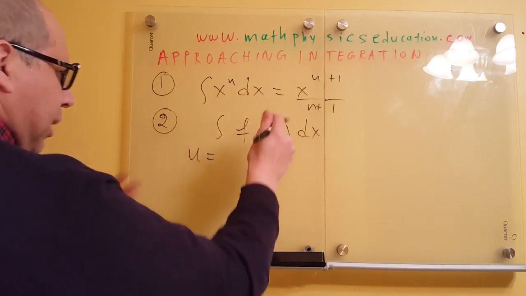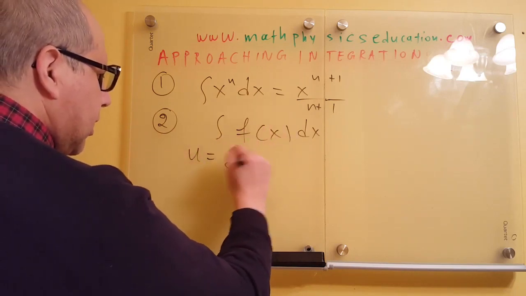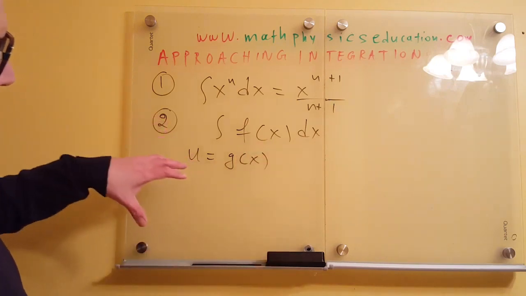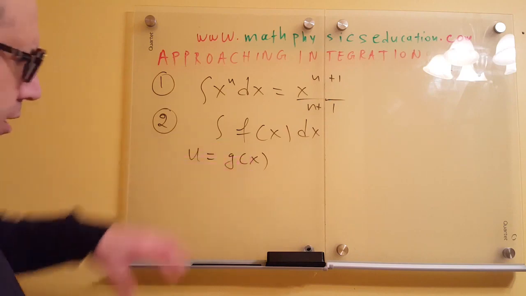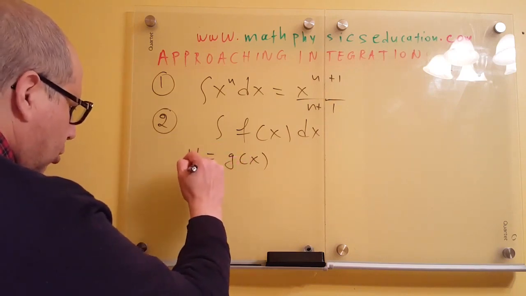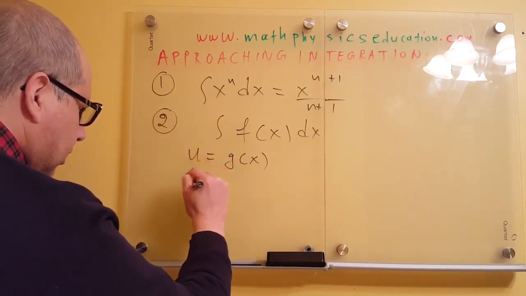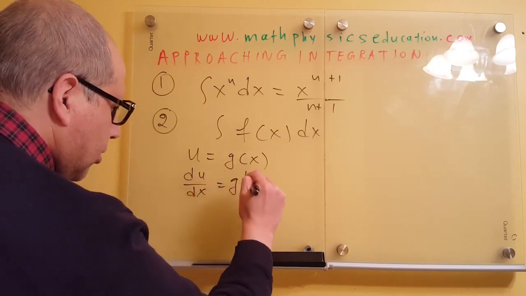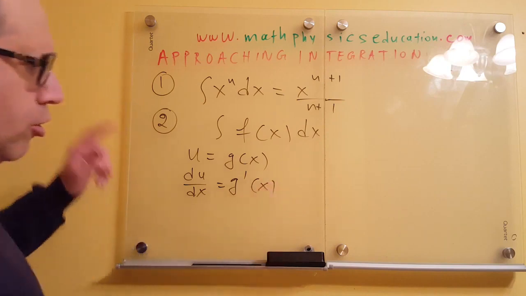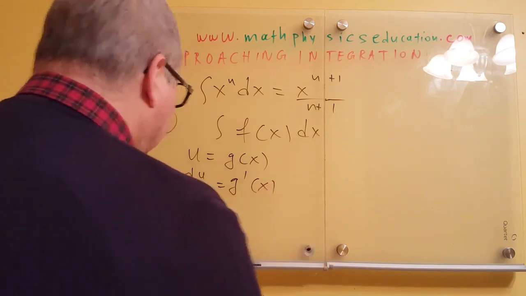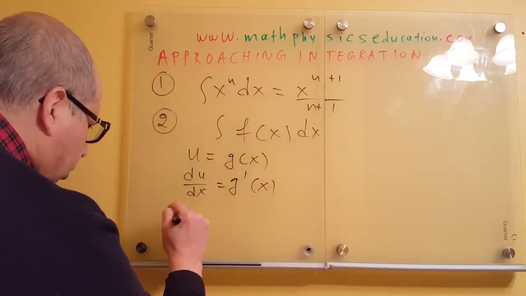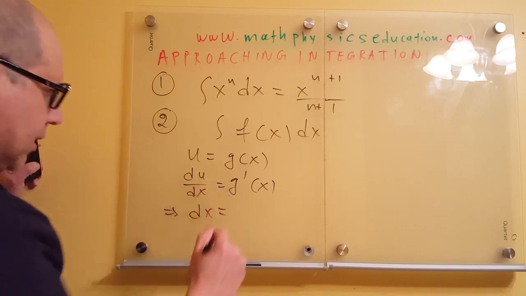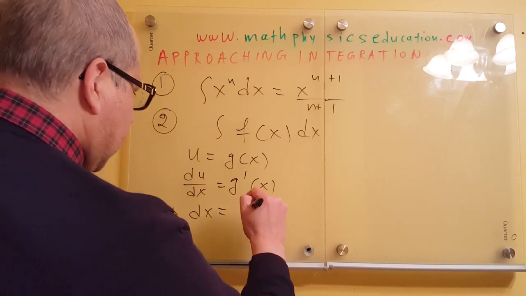Let's say a part of this can be g of x. So we substitute u equal to g of x, and then we take the derivative of u with respect to x, which is equal to g prime of x. Now if you solve for dx, you will have that dx is equal to du